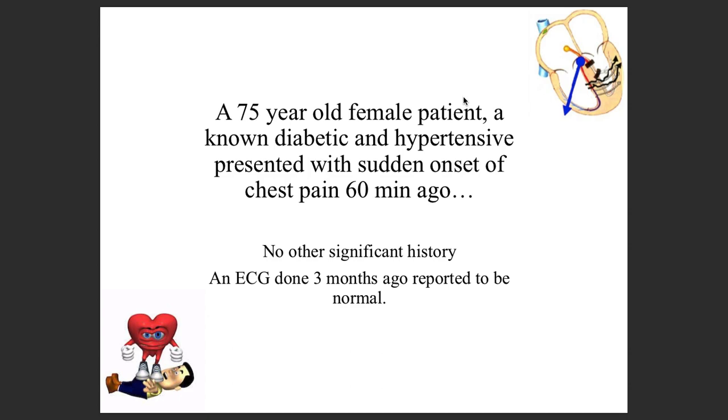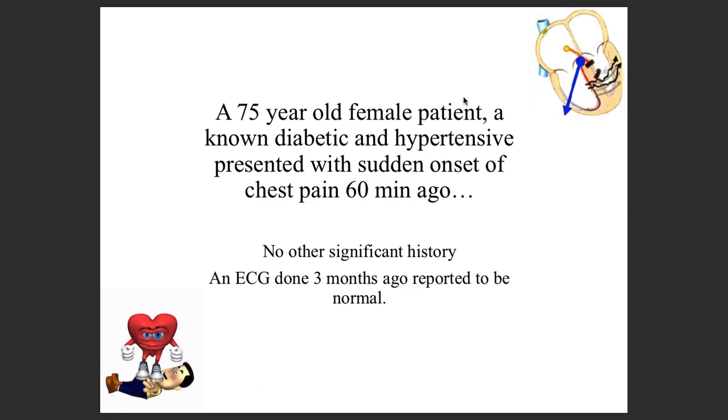The risk factors are diabetes and hypertension. She says that until 60 minutes ago she was doing all fine, watching her television, and then all of a sudden she had chest pain. It's typical, in the sense that it is central and crushing, radiating to her left shoulder as well, and she's having a little bit of sweating. Let's not divert about this. Earlier, just 3 months before,